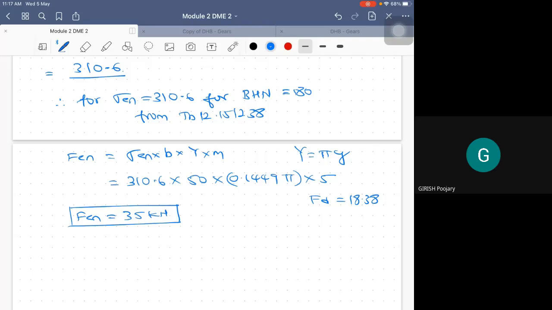So I can write FEN is greater than the dynamic load. Therefore, since FEN is greater than the dynamic load, I can write that the material is safe